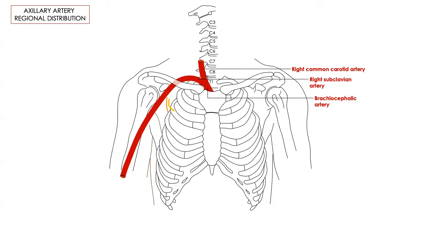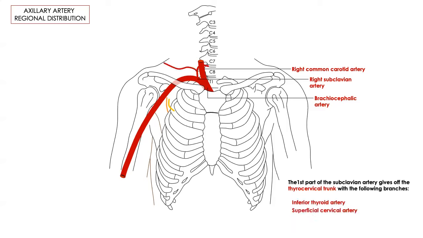When it crosses the neck of the radius, we call it radial and ulnar arteries. Then they enter my hand as superficial and deep palmar arches, and then they ultimately become the digital arteries. This is the whole arterial plan of my upper limb. I started from the heart. And now let's label the things. From the subclavian artery, we have these branches. We are not bothered with them at the moment, just to show it to you.